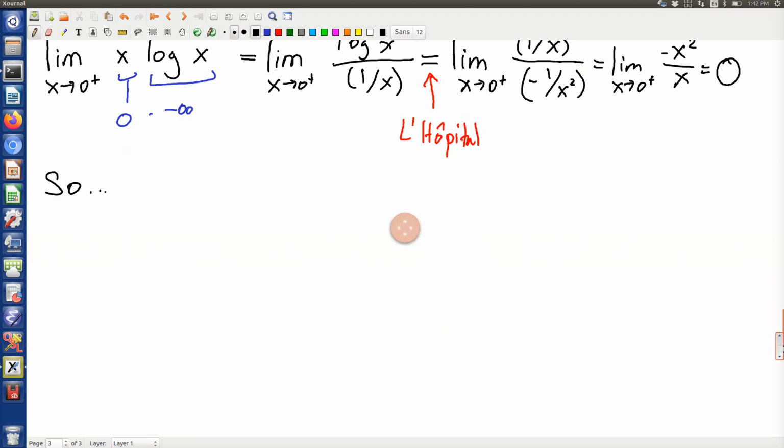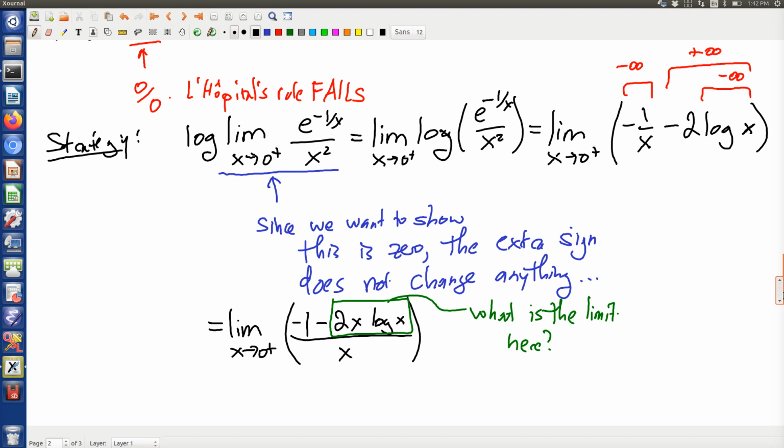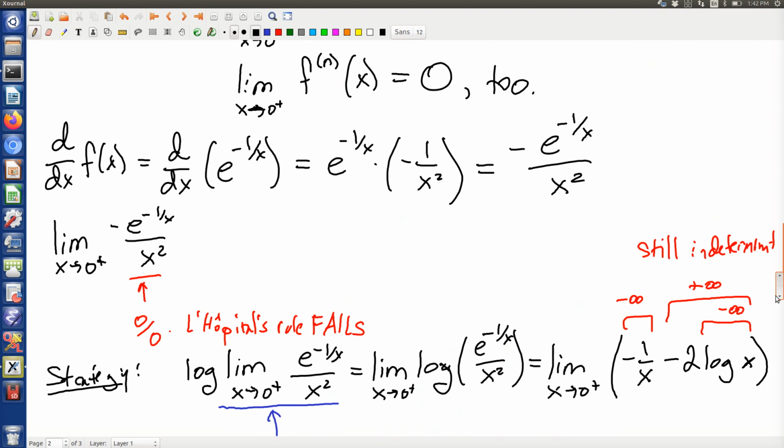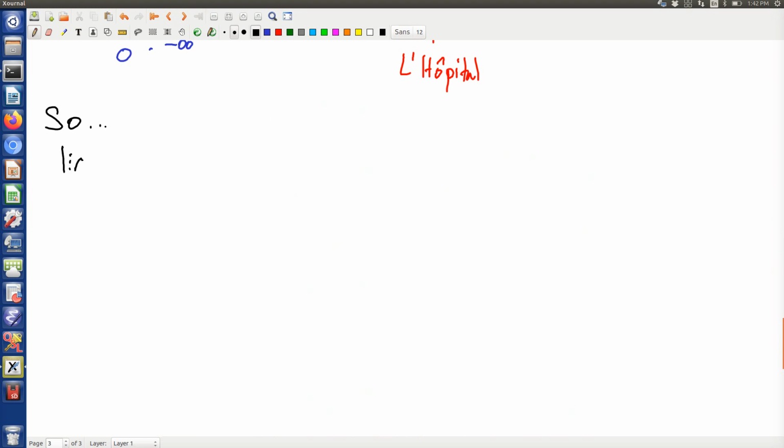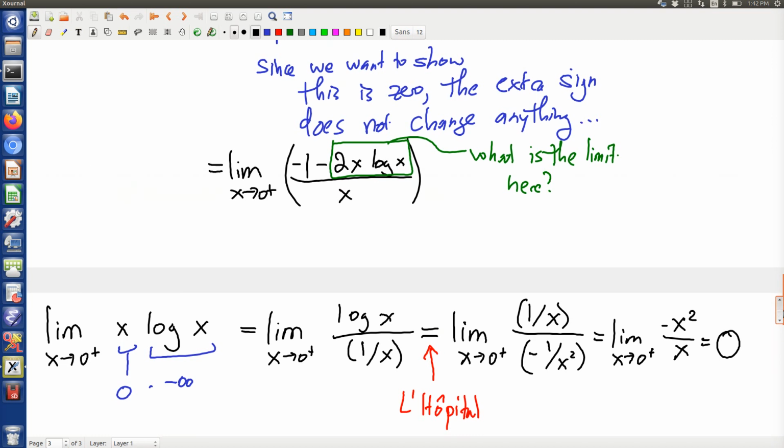So, let's go grab what this was actually from the beginning. What was this quantity that we were trying to compute? It was the limit of the first derivative of f. Or rather, even more so, this was the logarithm of the limit as x goes to 0 from above of the first derivative of f. That thing was the limit as x goes to 0 from above of this quantity here. Which quantity? This one. Grab it